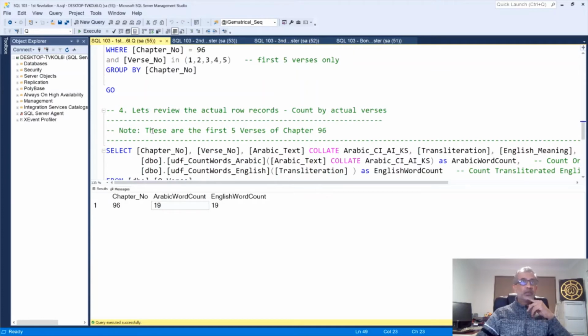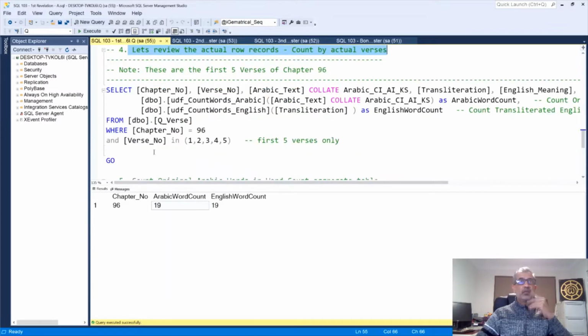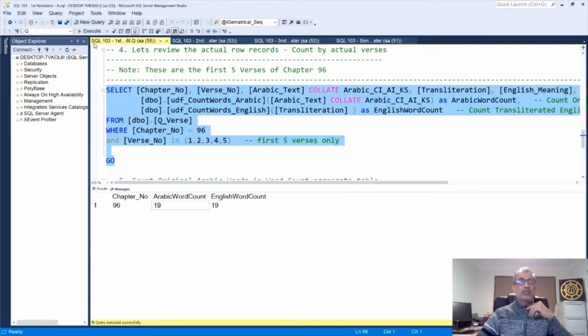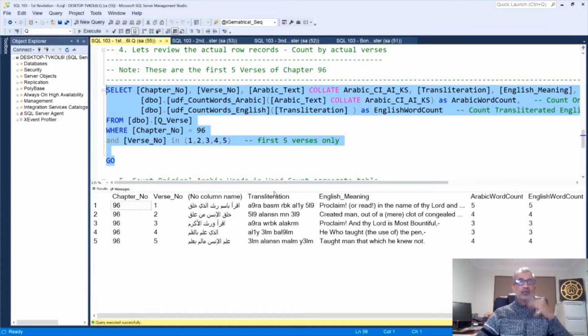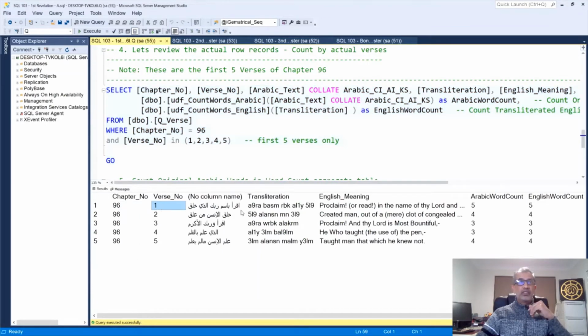Now the next one is, let's review the actual row records count by actual verses. These are the first 5. So let's have a look at what the data in terms of the actual verses look like. You can see the famous proclaim or recite or read in the name of your Lord and Cherisher who created you. That's the Iqra verse.